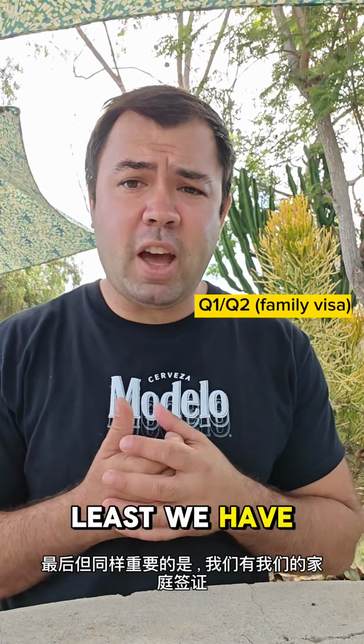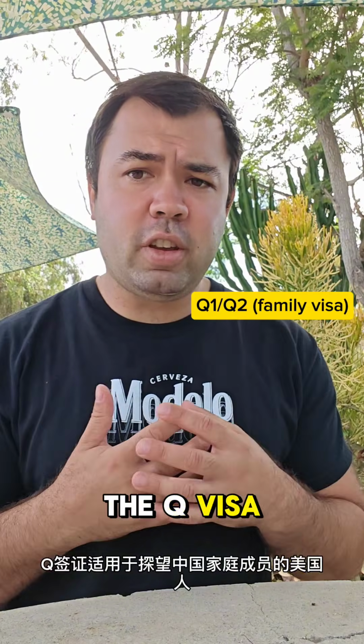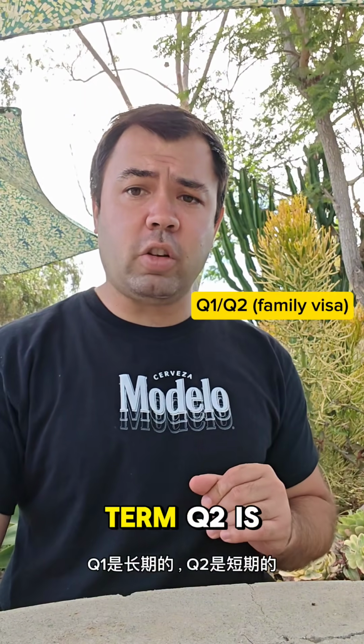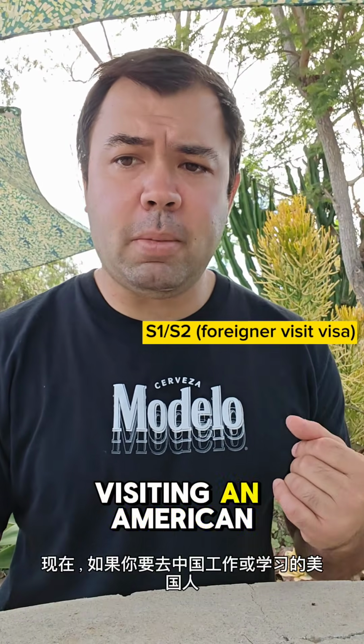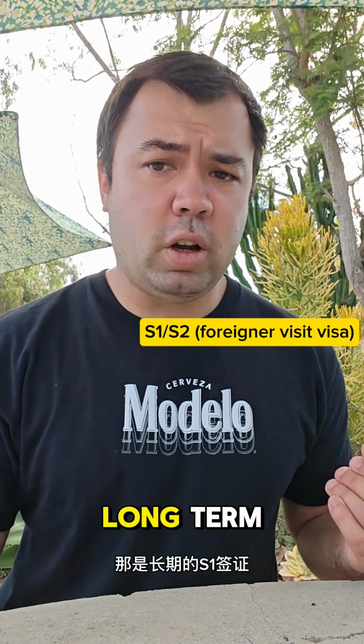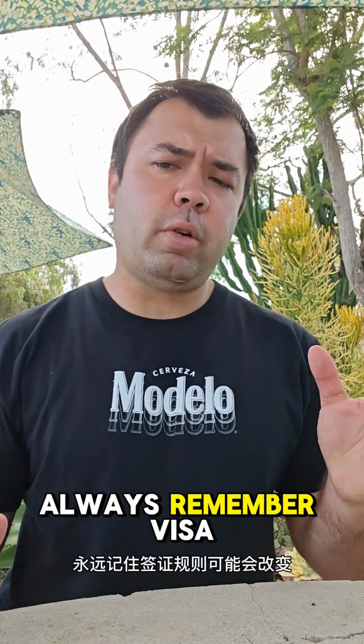Last but not least, we have our family visas. So if you're visiting family in China, the Q visa is for Americans visiting Chinese family members. Q1 is long-term, Q2 is short-term. Now, if you're visiting an American working or studying in China, that's an S visa, S1 for long-term, S2 for short-term stays. Always remember, visa rules can change, so double check with your local Chinese consulate or embassy before applying,